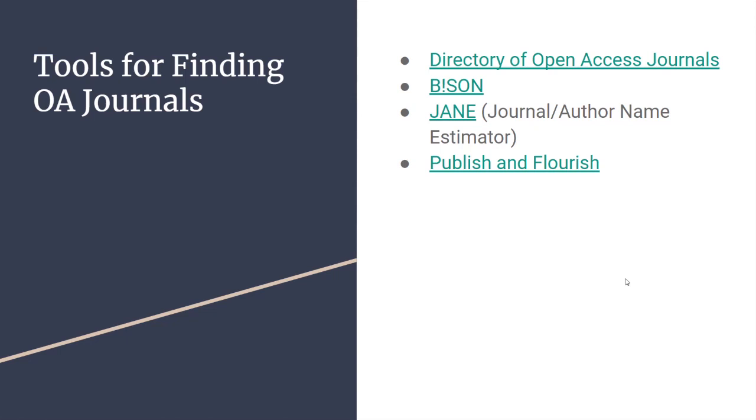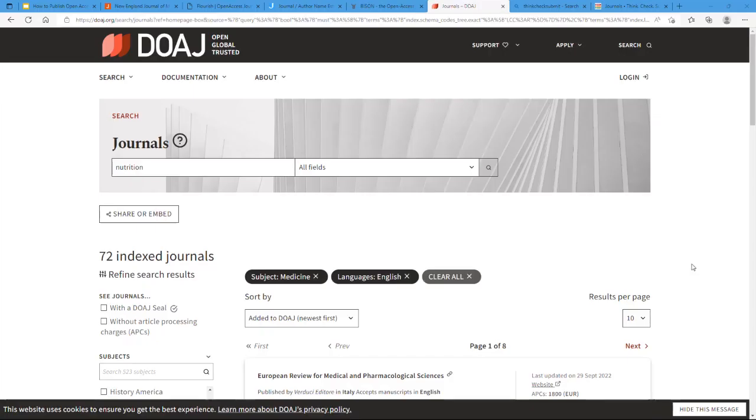Now, I want to take a couple of minutes to talk about a couple of tools you can use for finding high-quality open access journals when you're thinking about journals you may want to publish in. The Directory of Open Access Journals is exactly what it sounds like. It is an online directory that provides information on a variety of open access journals that have been vetted for quality and are respected by their peers. What this means is that the DOAJ is a great tool for identifying potential journals you can publish your work in and have that work be open access.